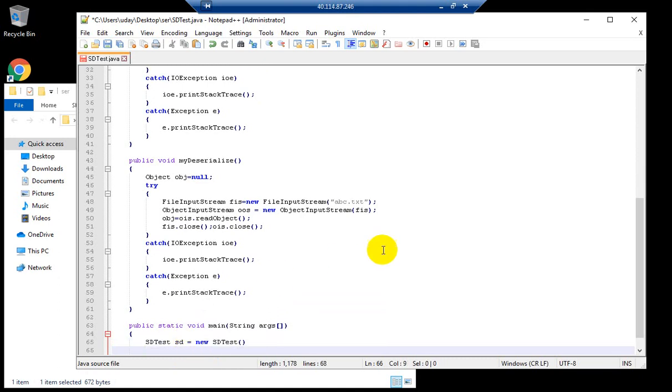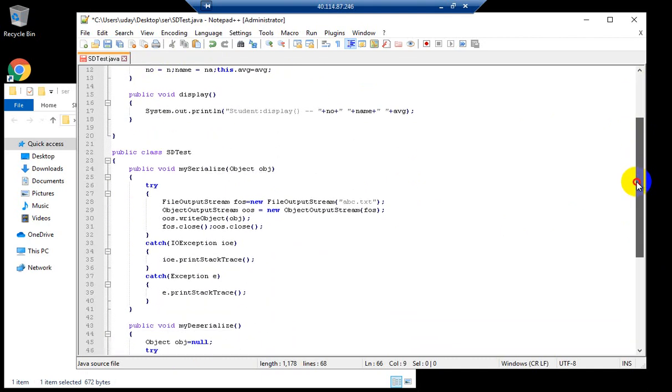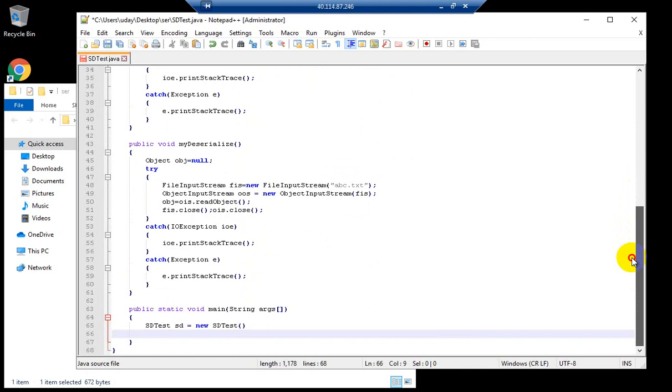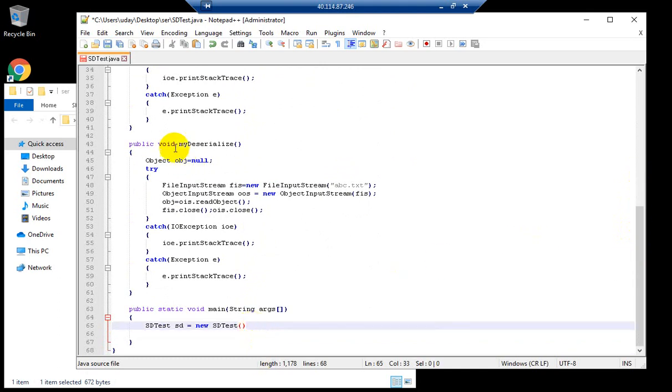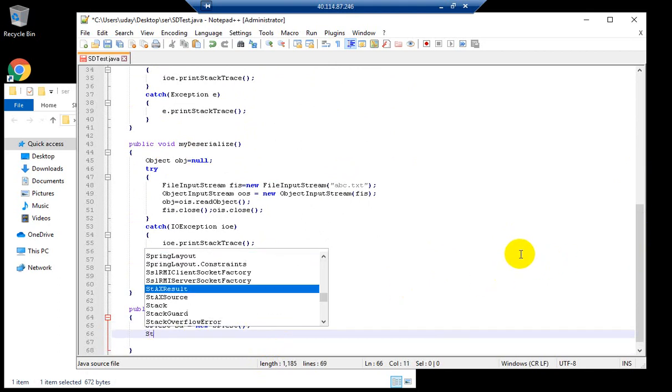So I will create an object first for testing this serializable object. For the current object itself I will create it first, because these are all member functions, not the static one, these are instance methods, so I will create an object for this function first, then I can access them from this. And the next part, let me create an object for this serializable one, student,